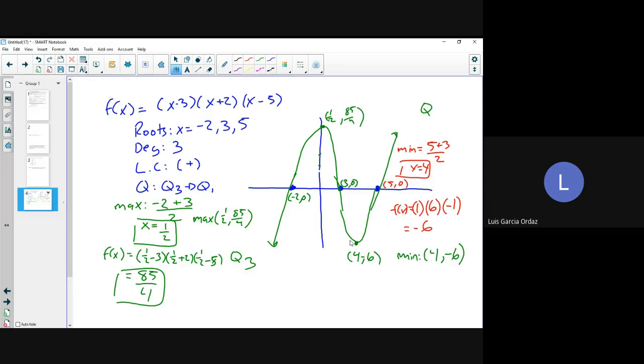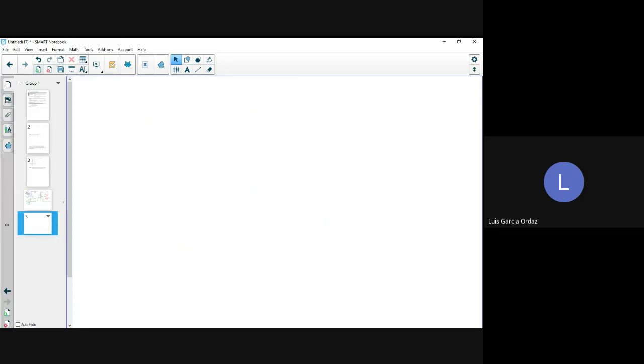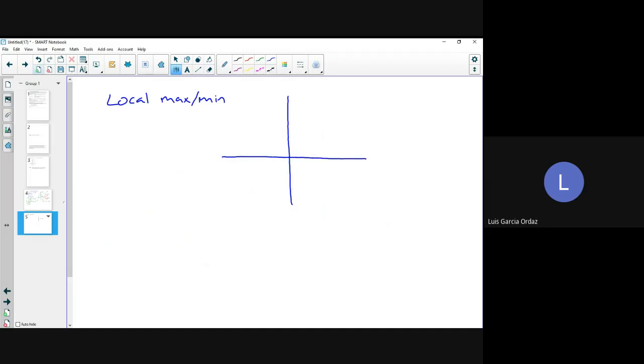So I'm going to just add a new page. Okay, so local maxes and mins are with odd degree, okay? Only because